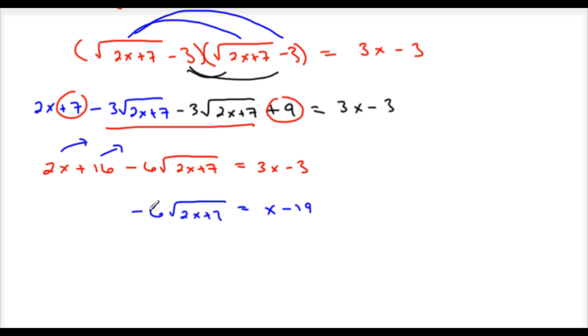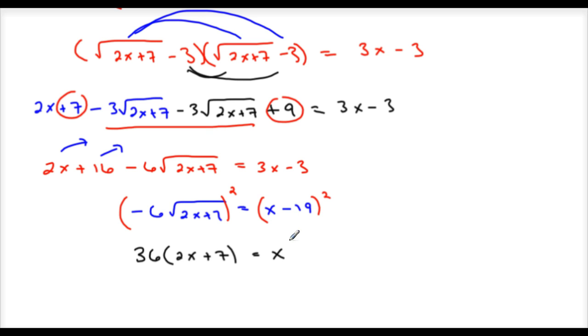I can still divide by negative 6, but if I divide by negative 6 here, it's not going to create anything pretty on the other side. I'll create fractions, so I'm just going to square it here from this side. Negative 6 squared is 36, so I'll have 36 times the quantity 2x plus 7 equals, and I'm going to square this. So remember, this is going to be x minus 19 times the quantity x minus 19,